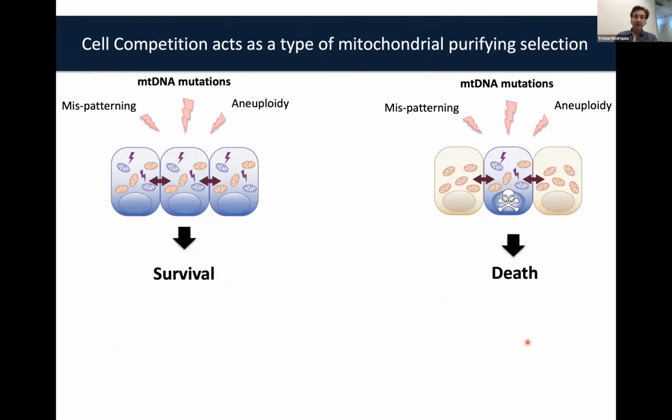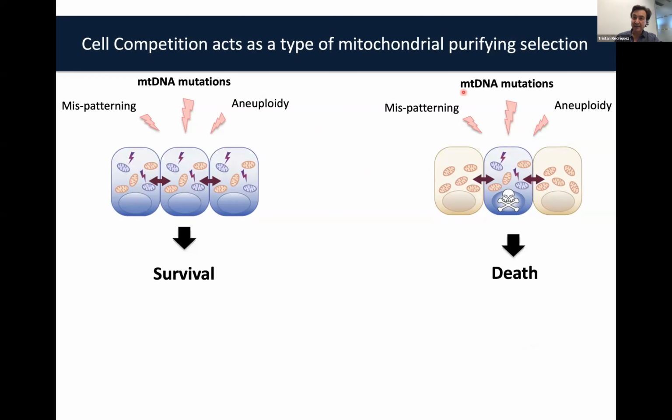Okay. So just to finish, I'm going to summarize the way we're thinking about this. At the onset of differentiation, a variety of different defects lead to mitochondrial dysfunction. But this mitochondrial dysfunction does not directly affect viability when the cells are surrounded by other similarly defective cells. In contrast, it induces cell competition and cell elimination specifically when they're surrounded by wild type fitter cells.